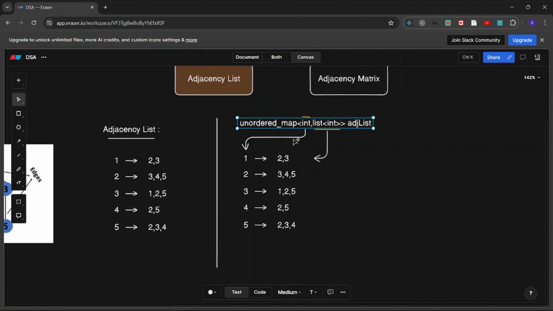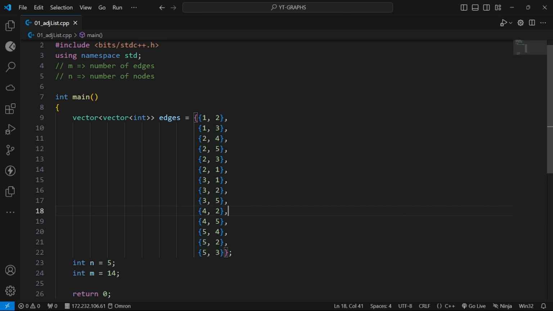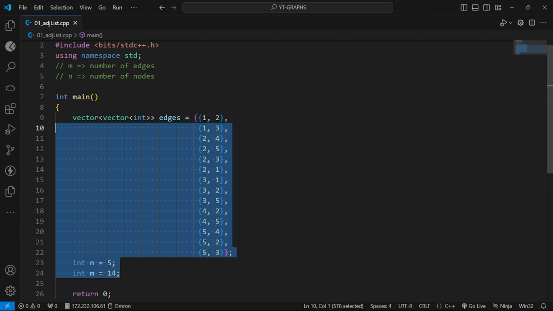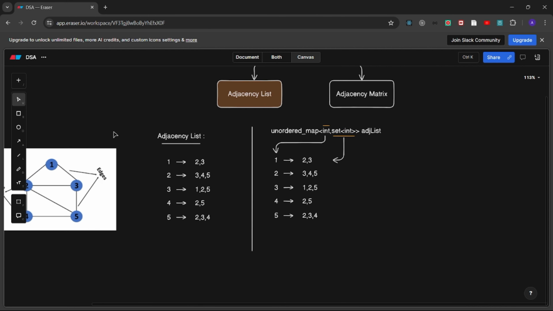The first integer stores the key, which is the node, and the list stores the corresponding neighbors of that node. Let's get started with our code. Here I have listed all the edges required for creating our graph. These edges correspond to this figure.